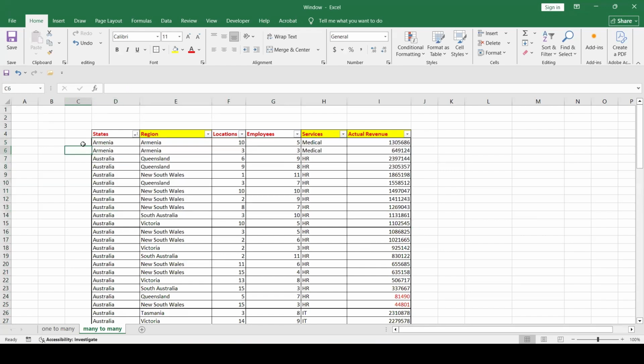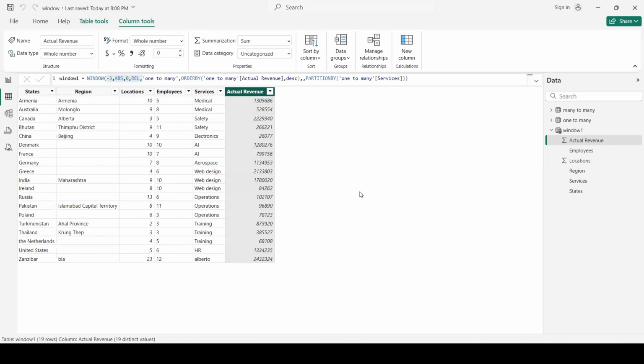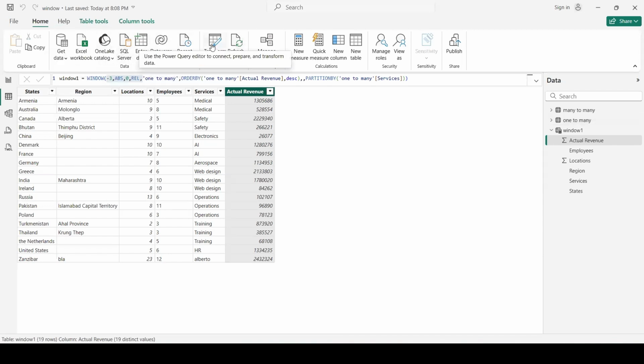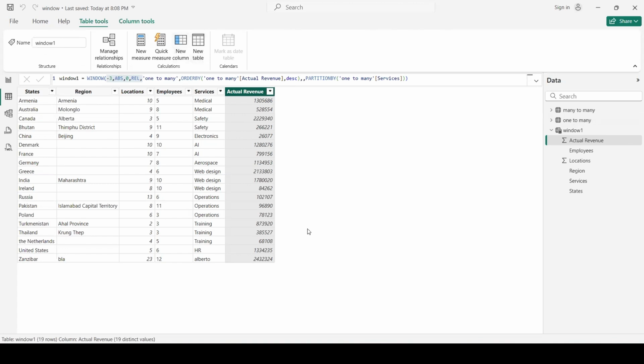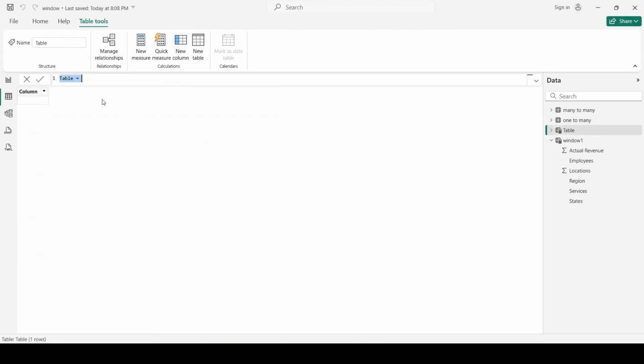The thing is that if we add the first column here, like an index column with different unique numbers, then the problem is solved. So I'm going to show you how we can do that. So we go now and build a new table. We'll call it window 2.